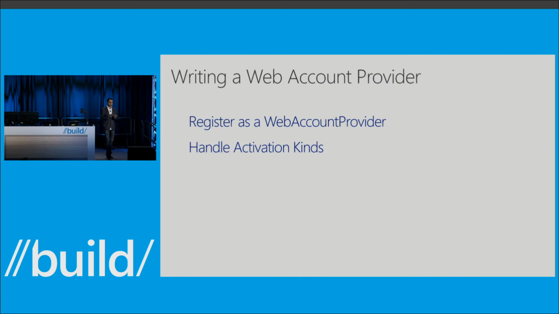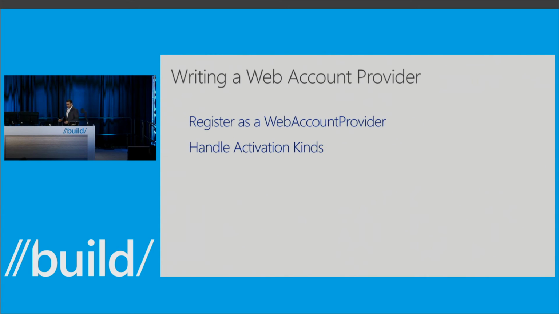So there are the two main classes of these activation kinds. One is in the foreground, that is, the web account provider's app comes up. And a great example of that is request token async. That might require a user to authorize or authenticate. There are other